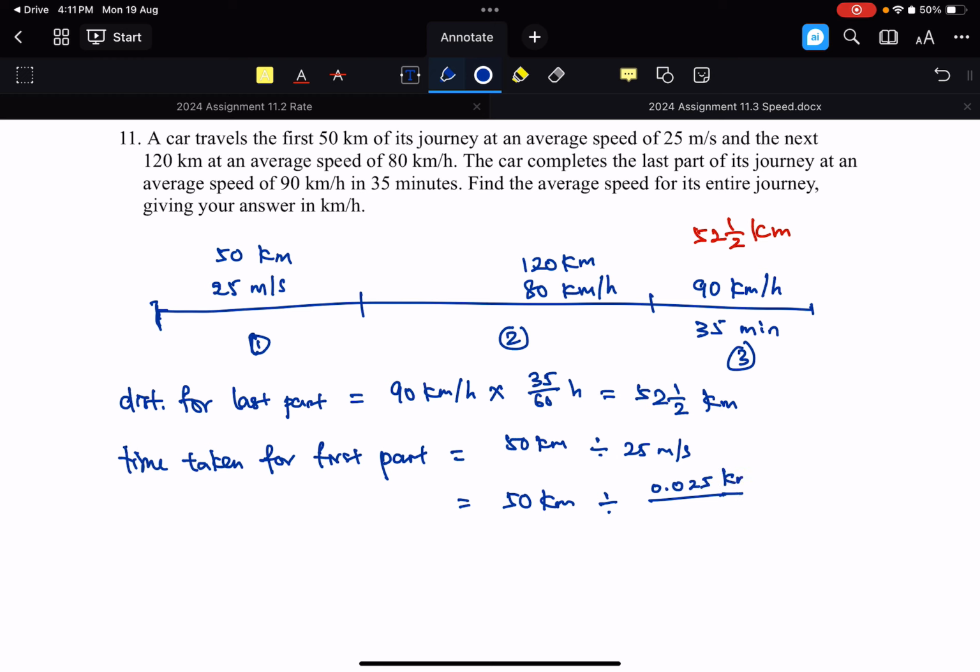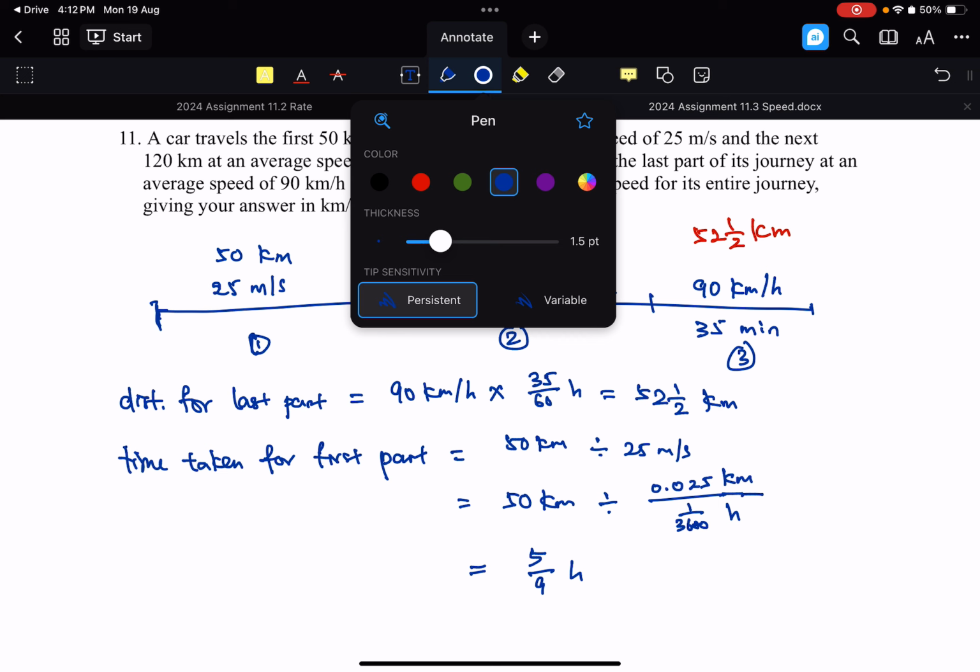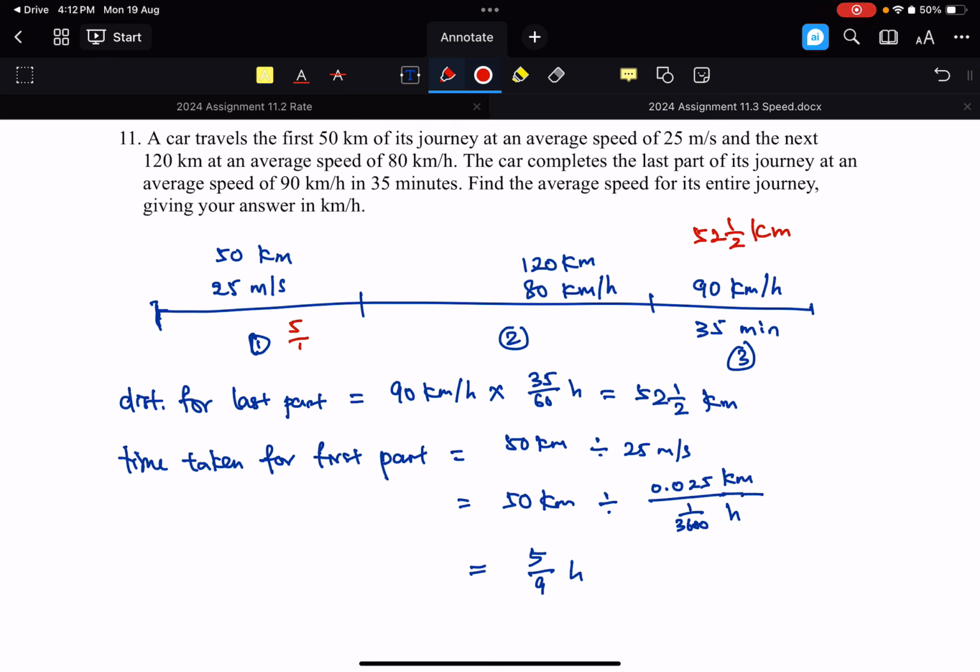0.025 kilometer, right? And then of course 1 second is actually 1/3600 hours. Okay, so you take our calculator, press it carefully, you should obtain 5/9 hours. So we can record it down. This is 5/9 hours. And then for the second part of the journey,